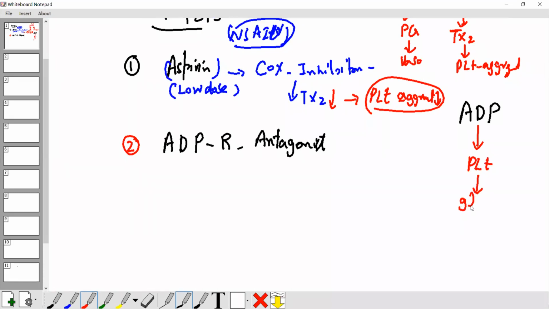The platelet produces glycoprotein on its surface. One is glycoprotein 1, another is glycoprotein 2B3A. What is the function of glycoprotein? Glycoprotein helps in platelet adhesion, and this glycoprotein helps in platelet aggregation. If you block the ADP receptor, then the expression of glycoprotein will decrease. In this group, the ADP receptor antagonist drugs we have are clopidogrel,